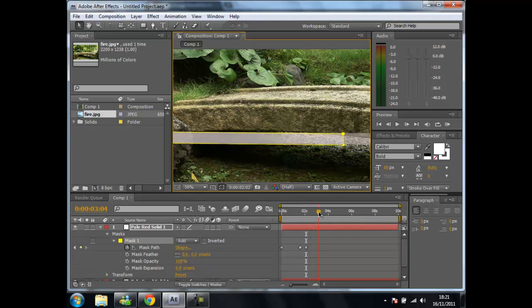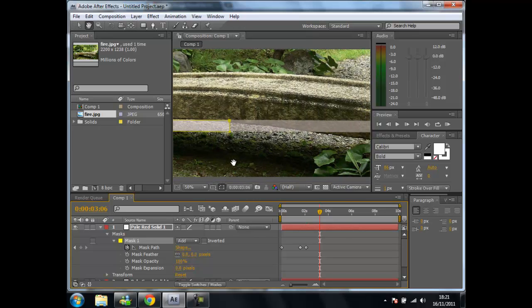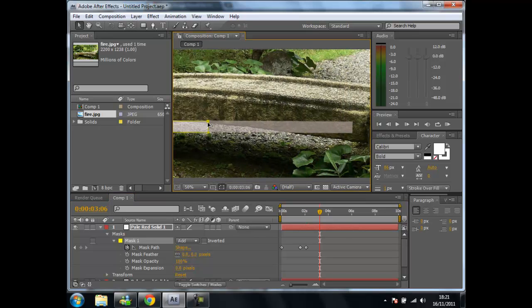Take it a little bit further forward, and we just want to make this nice. And as I was trying to say before, just try and make a nice little bit of lag there, and just stop it there, and bring it forward quite fast, right to the end. Okay, and now you can